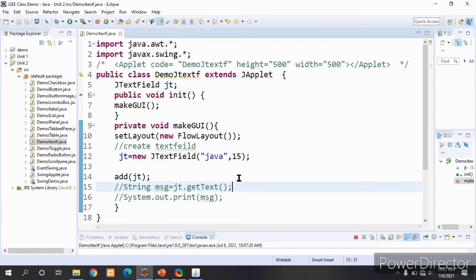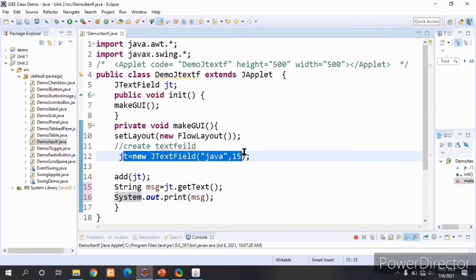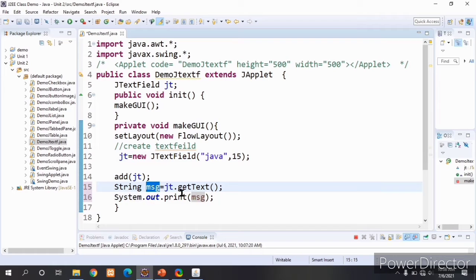Now we will see these two lines, getText and setText. String message equals jt.getText. It means whatever text we are setting in the text field, we can get that text here by using the getText method.